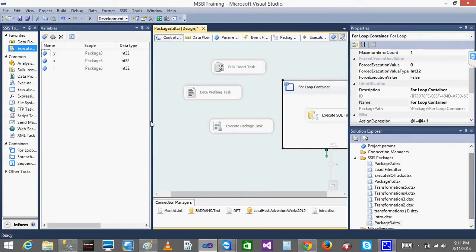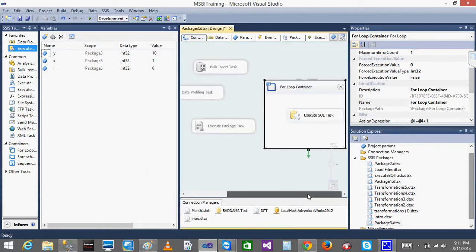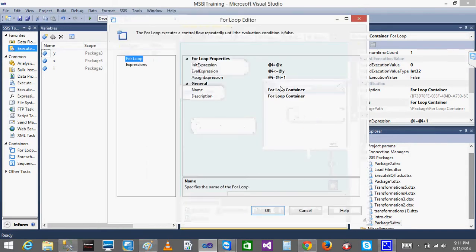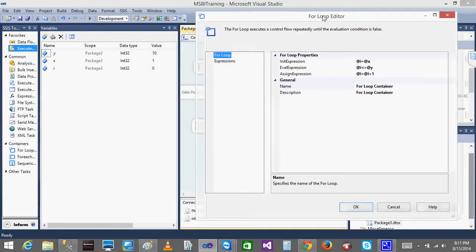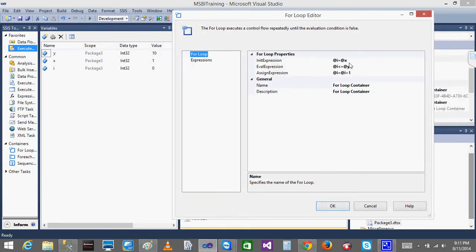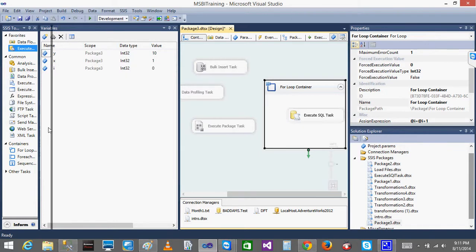Okay, that is one more way you can do that. So I have given x. Normally I will give @I equal to 1. So instead of giving 1, I have just given the variable here, @x, and @I less than or equal to 10. Instead of giving 10, I have stored the value in y, and I have given @y. @I equal to @I plus 1. We are going to see those values now by using the breakpoints.